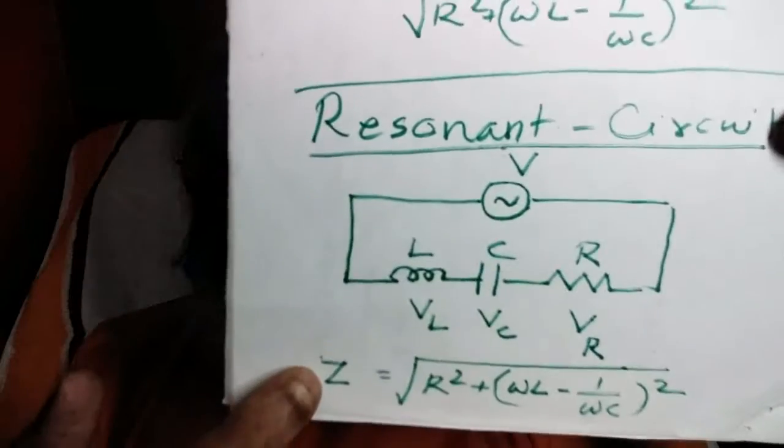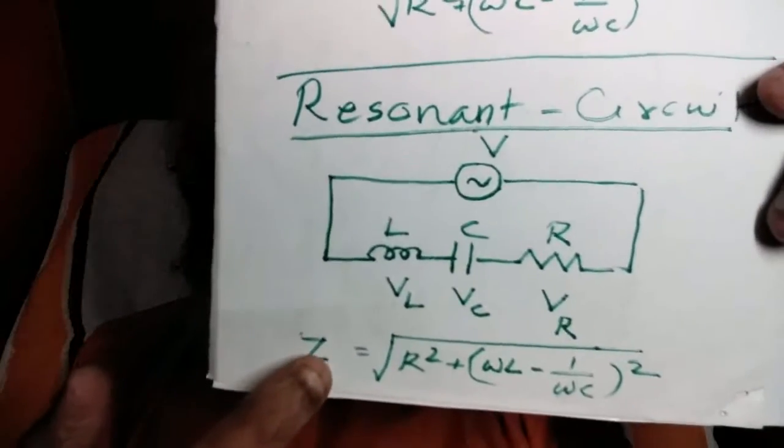Resonance circuit and electrical resonance. That is what we are going to discuss. A combination of inductance coil, capacitor and resistance is called a resonance circuit. We have seen the analysis of the circuit in an earlier posting, where we have seen that impedance of